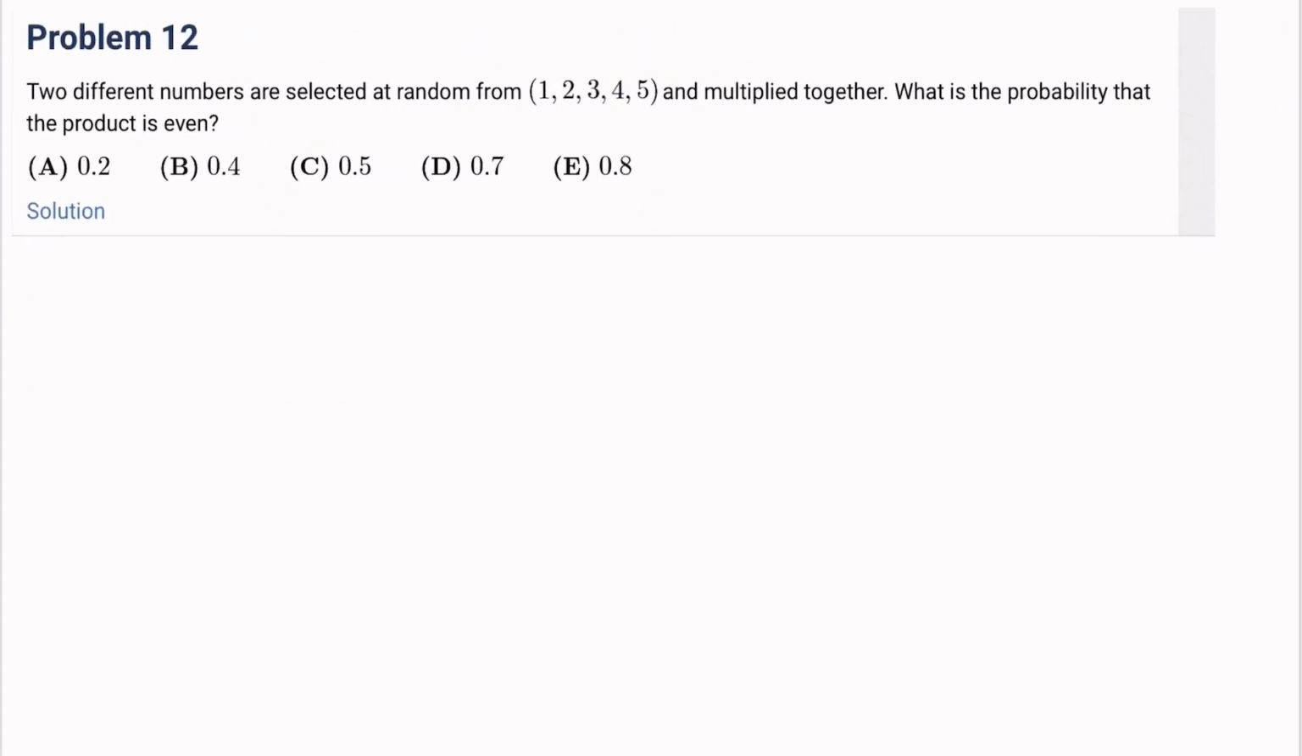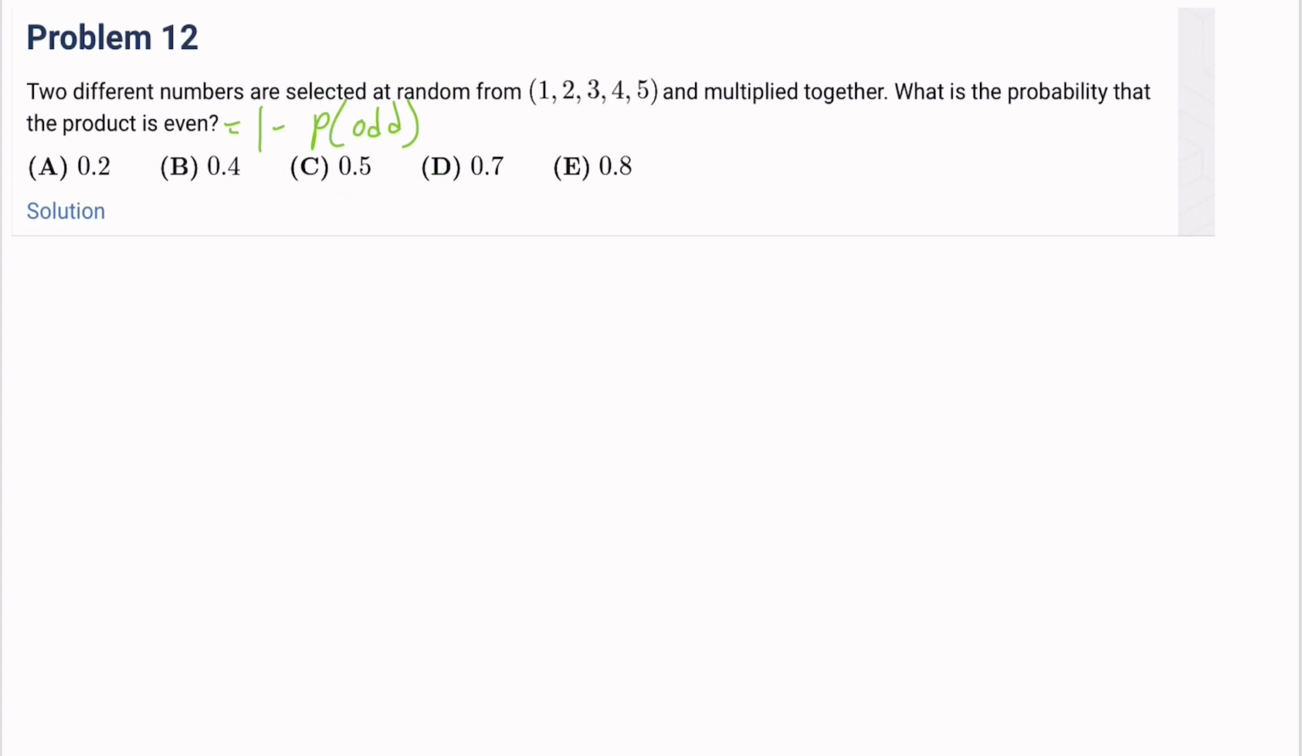Number 12. 2 different numbers are selected at random from 1, 2, 3, 4, 5 and multiplied together. What is the probability that the product is even? Right, okay, so for the product to be even, that is actually just 1 minus the probability of odd, right? Because it's either even or odd, and calculating the probability of it being an odd number is much easier,